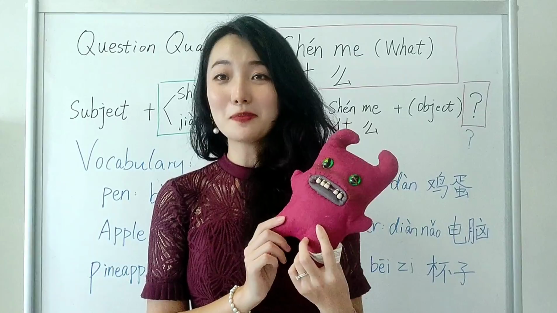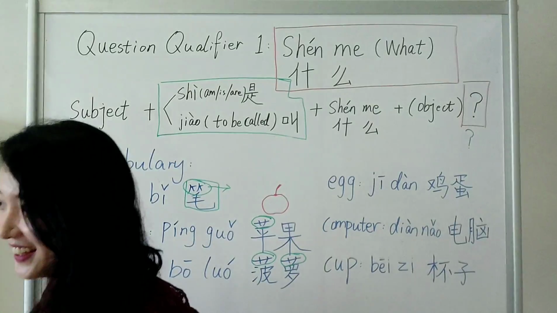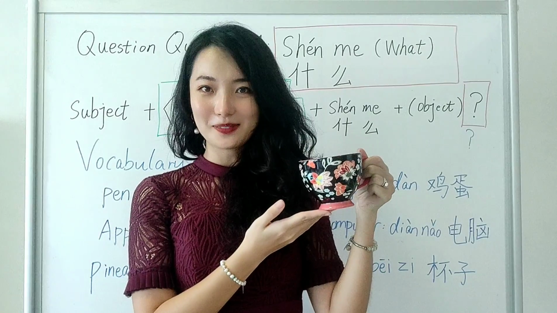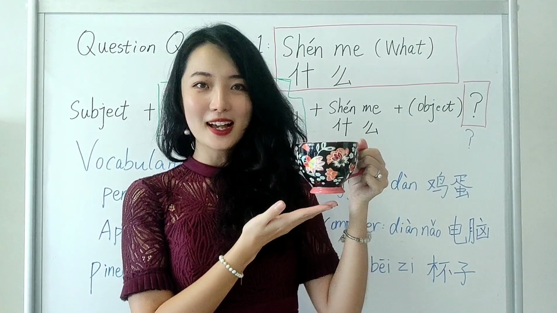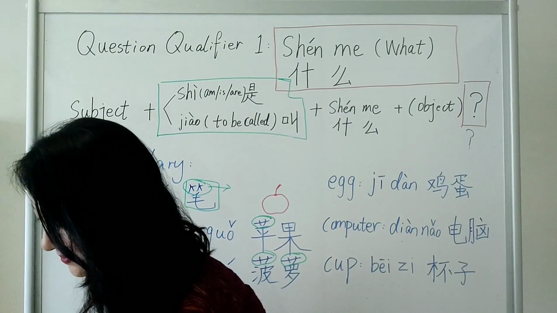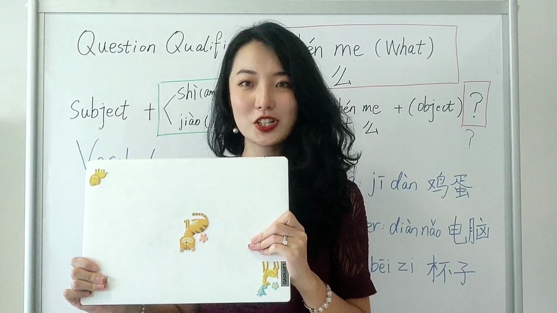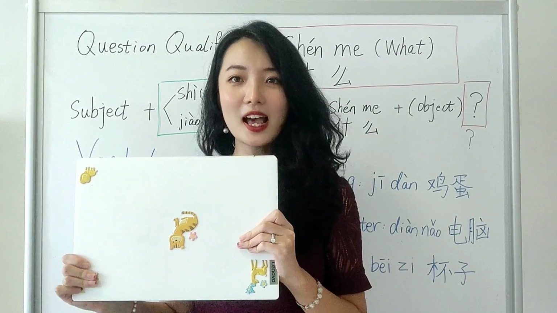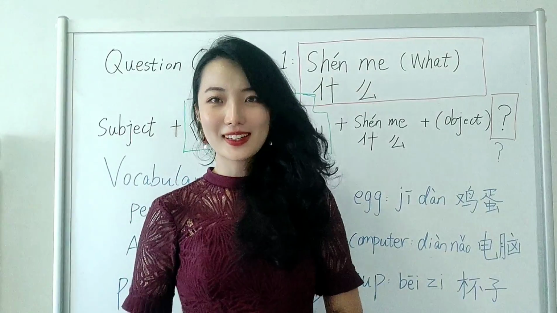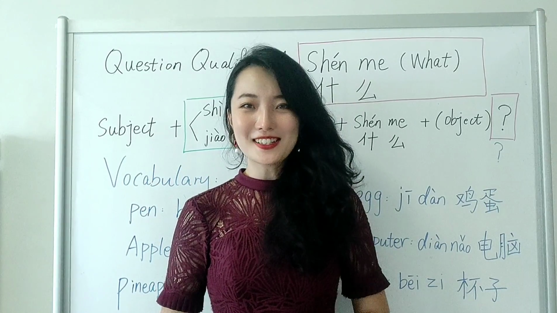Next one. Oh, whoops. I was about to take a cup. This turns out to be my favorite stuffed animal. This one. 这是什么？这是杯子。这是什么？这是杯子。Last one is a big one. 这是什么？这是电脑。这是什么？这是电脑。